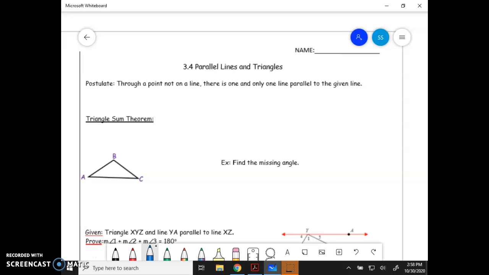Okay, here we go. This is 3.4 parallel lines and triangles. So let's start with this postulate here. It says through a point not on a line, there is one and only one line parallel to the given